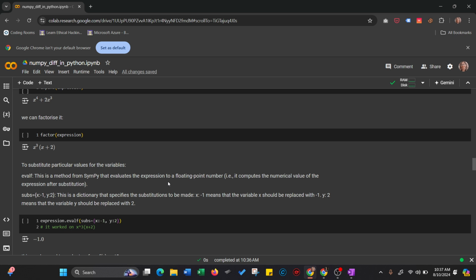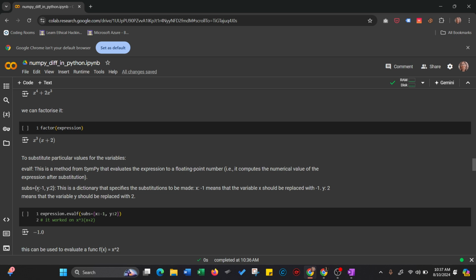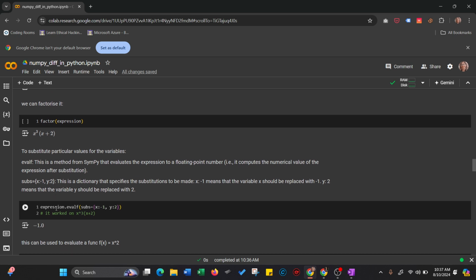So it computes the numerical value of the expression after substitution. So here we are adding the value. This is a dictionary that specifies the substitutions to be made, like x will be replaced with the value assigned, -1, and y will be 2 here. And then when we are using this method,